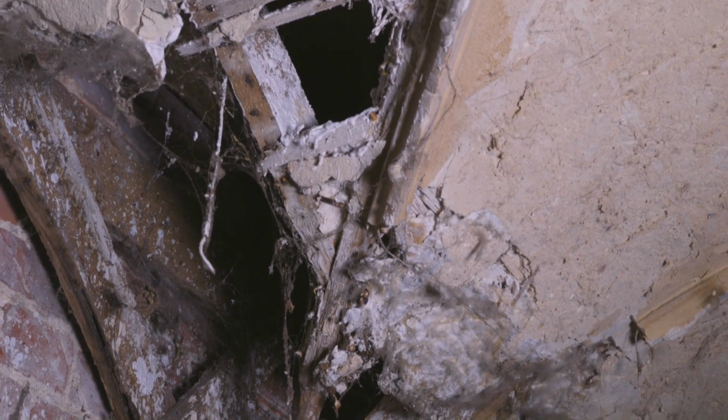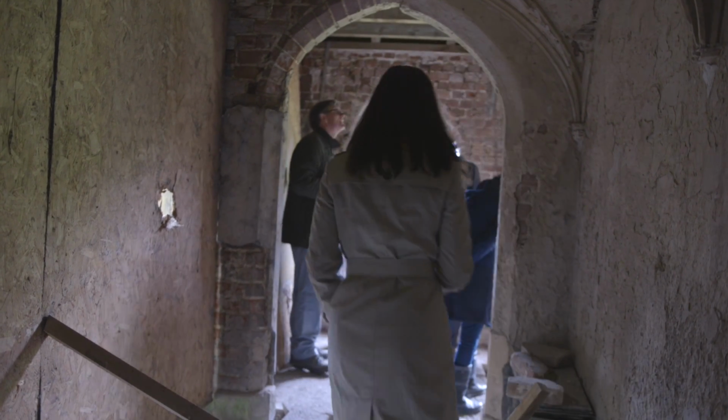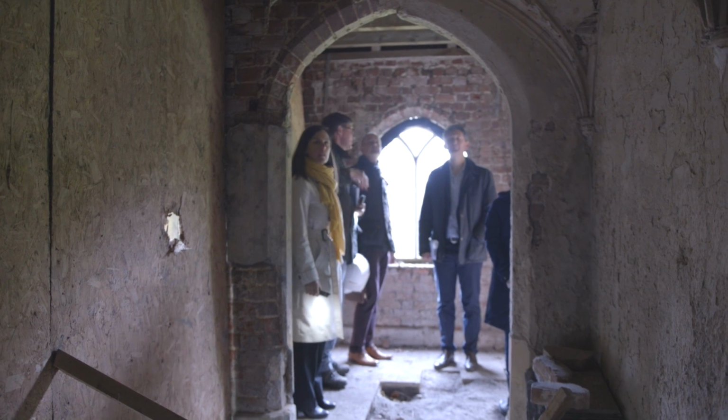We'll probably actually have the shutters because we need storage. So this one will also have a flat roof, but the loo will have its...